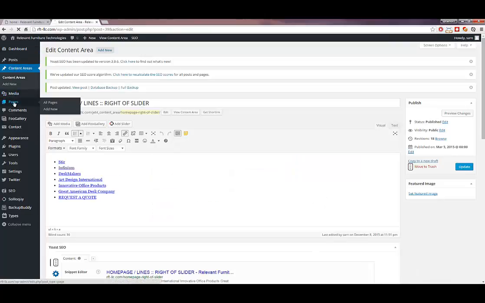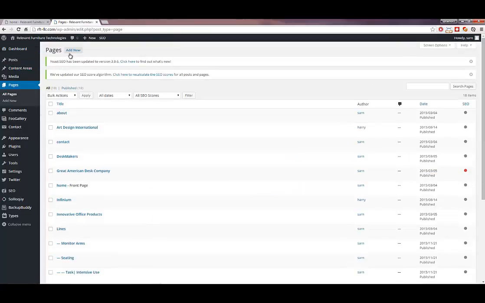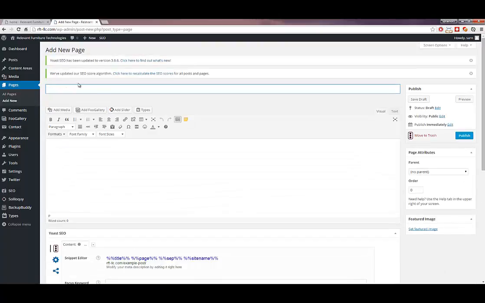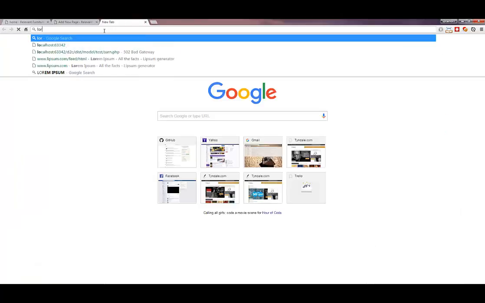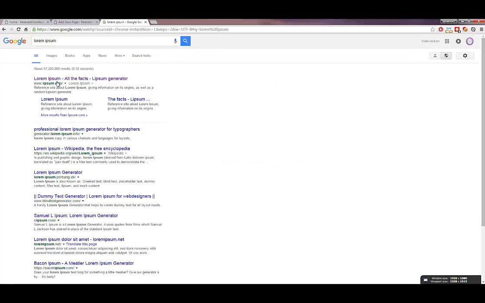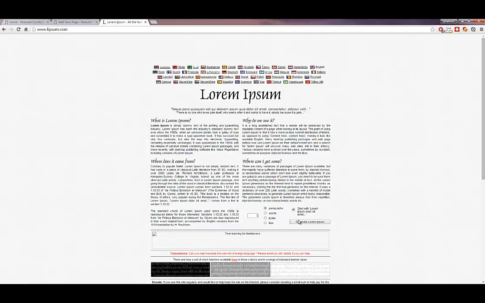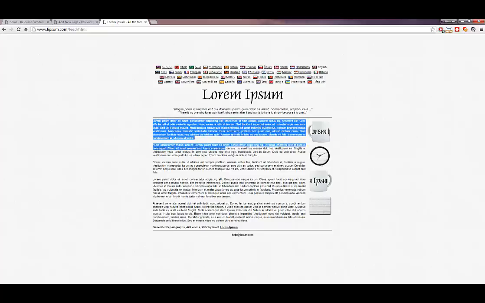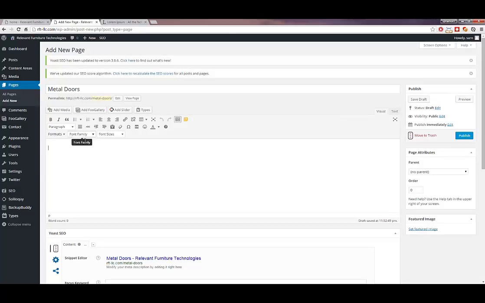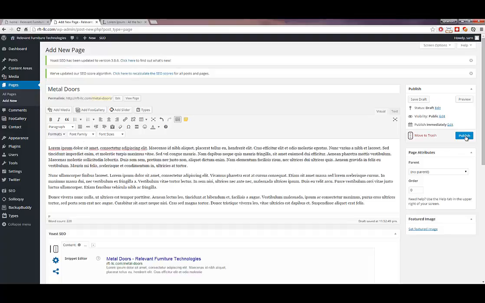So I'm going to go to pages. I'm going to click on add new, and I'm going to create a new page called, let's do metal doors. And here I'm going to put in some dummy data just so that it fills up the page with some sort of content, to make it as realistic as possible. So I'm just going to add a couple of fake paragraphs there, paste it here. I'm going to click on publish,